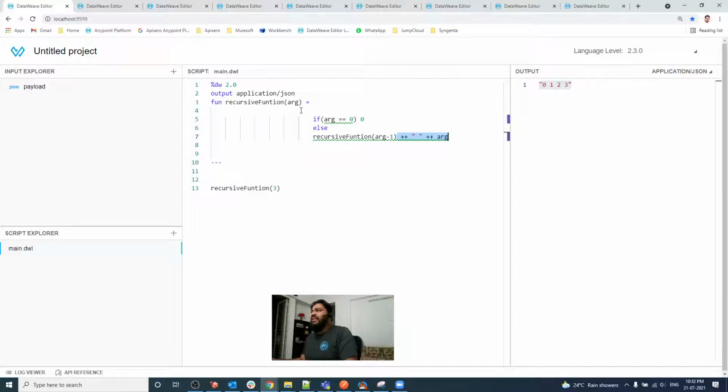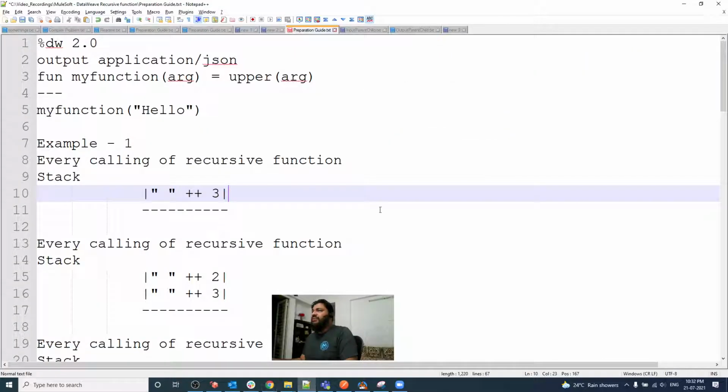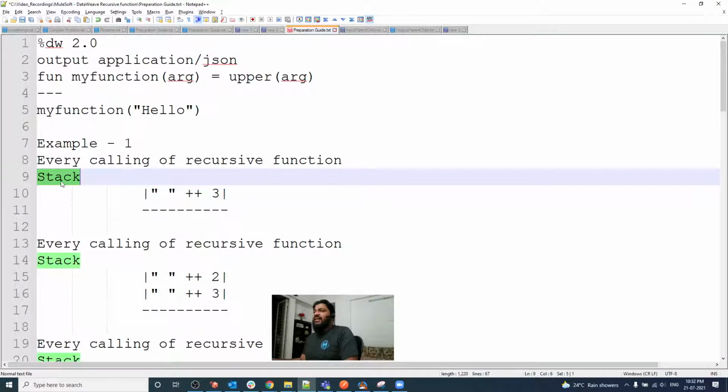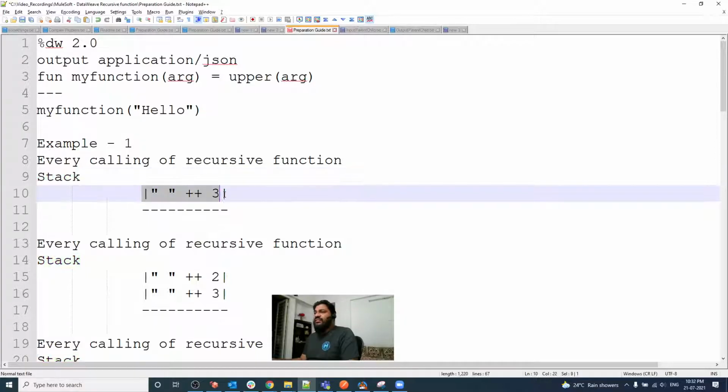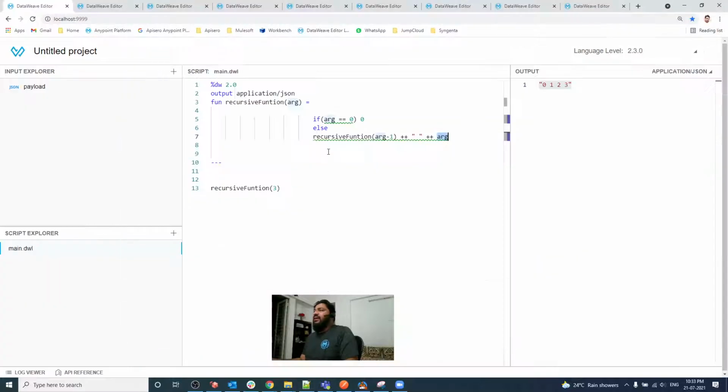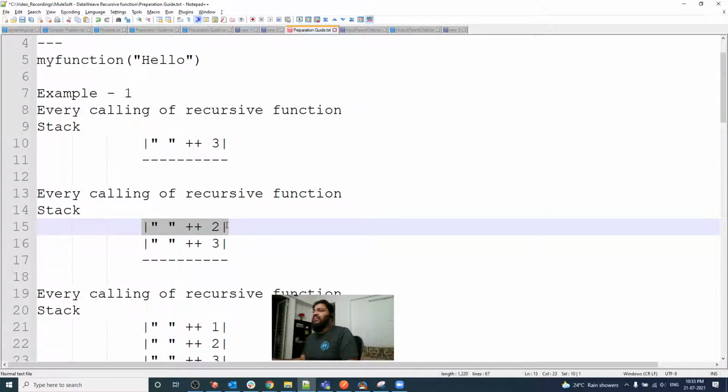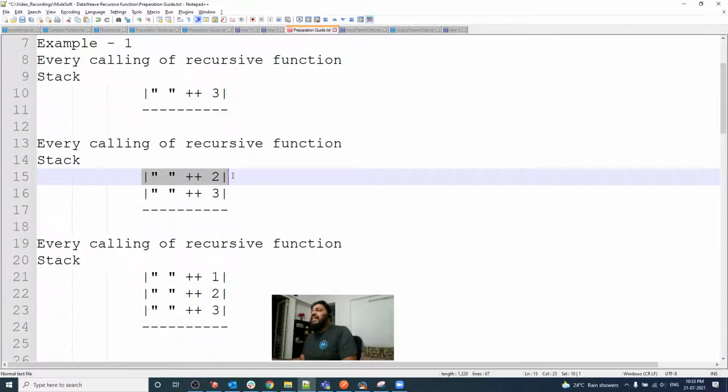In the first iteration we have a 3, and the state with argument 3 is saved in the stack. As you can see, I am showing a stack. This is my stack. In the stack we have a statement that should be executed later, and this is the statement stored in the stack. We pass a 2. Is 2 equal to 0? Condition false, so it goes below and calls the recursive function again. This time we are passing 1, and the current value of the argument is 2, so this operation is also stored in the stack. In the second iteration we stored this particular expression in the stack.